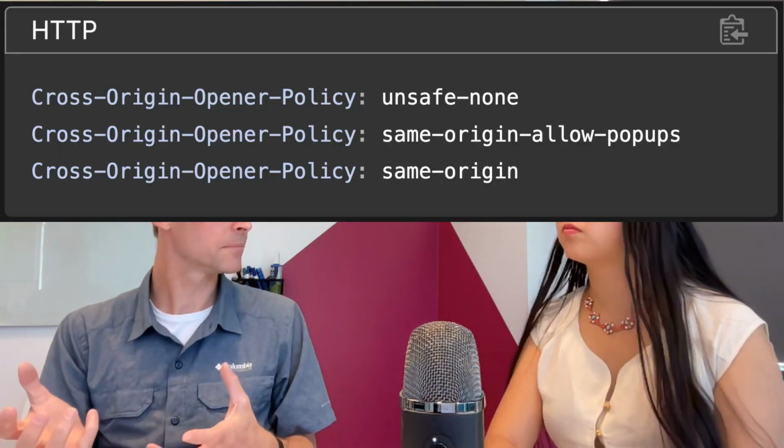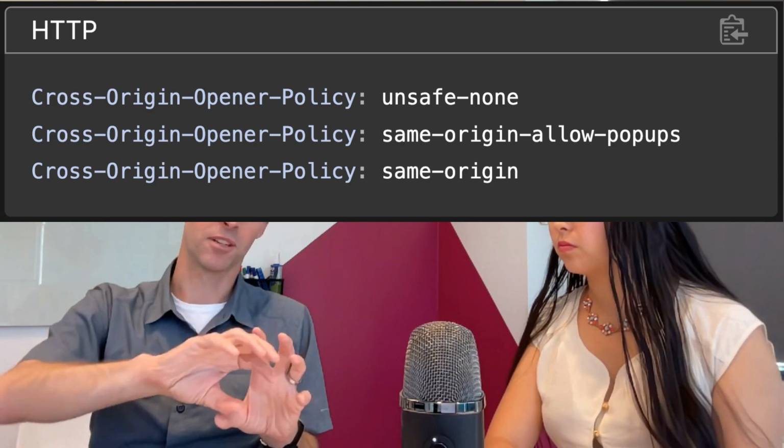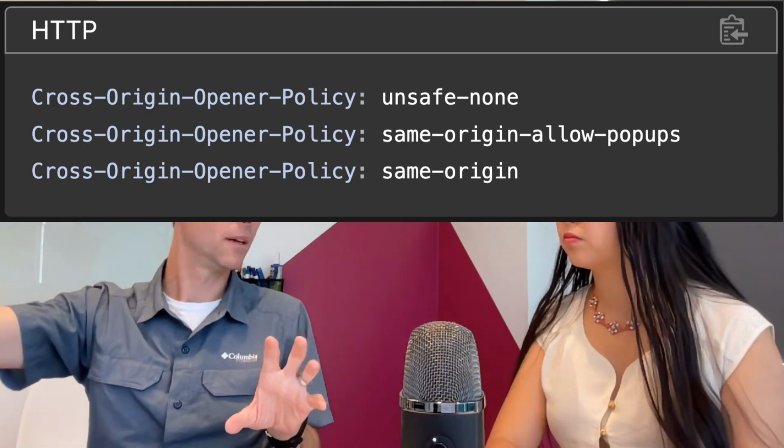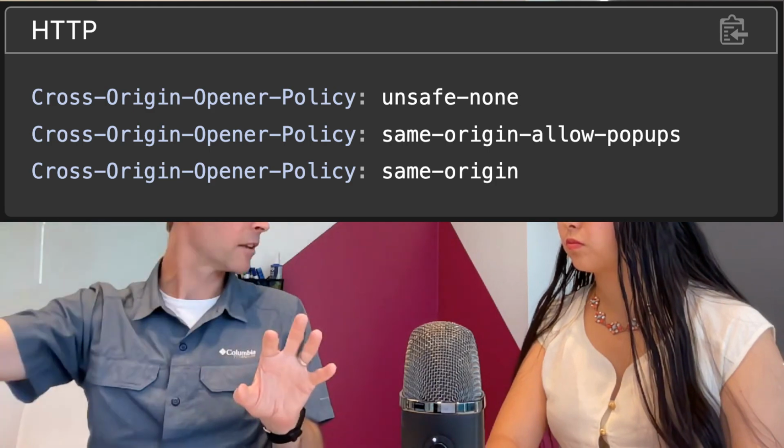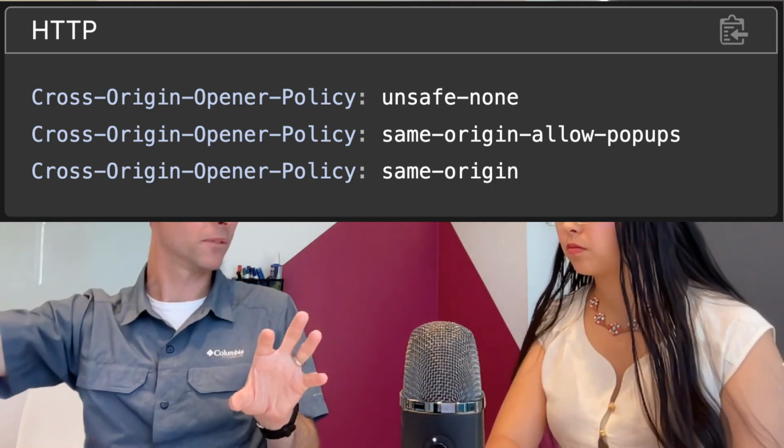And so those are things like cross-origin opener policy that says, for example, if I open a pop-up to a different website, there's not going to be any communication between me and that pop-up. So it's okay to put them in different processes, and they can be better isolated from each other. That's good from an architecture perspective.